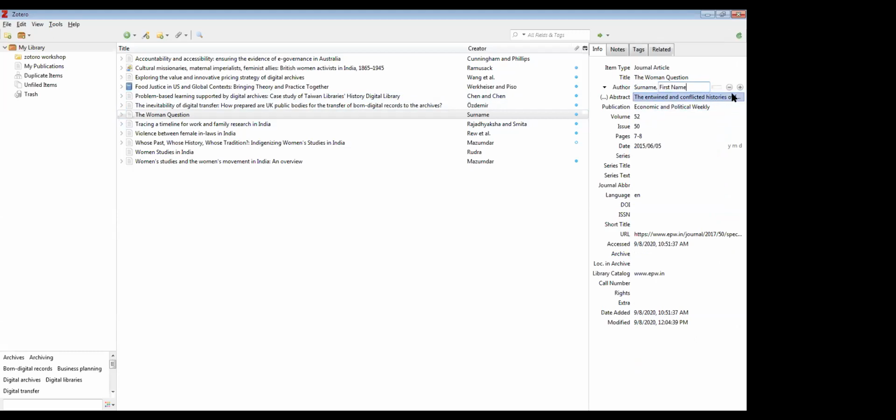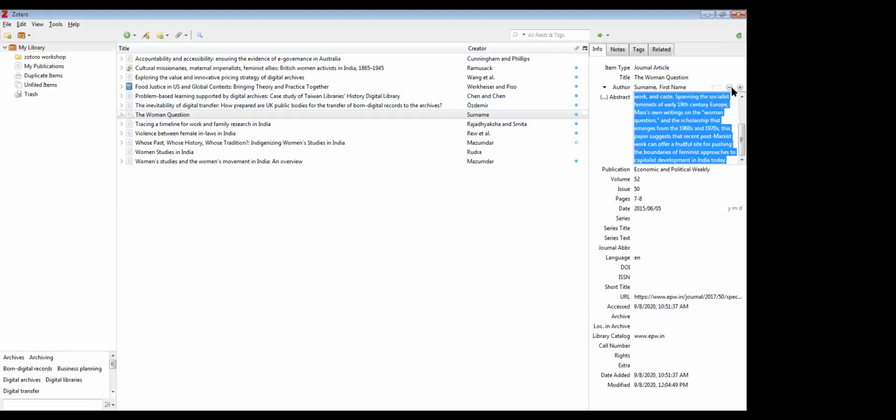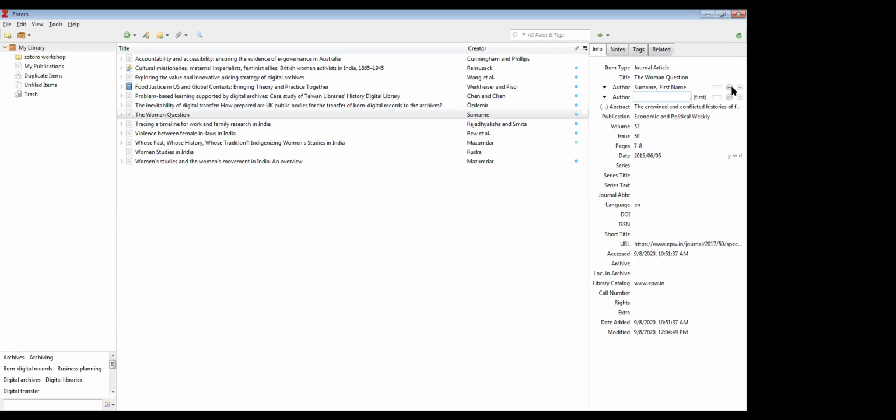If you want to add more than one author, just click on the plus sign. You can add a second author, say Mehra, and the first name is Anil. Likewise, you can have multiple authors, and you can change every field which is visible here.